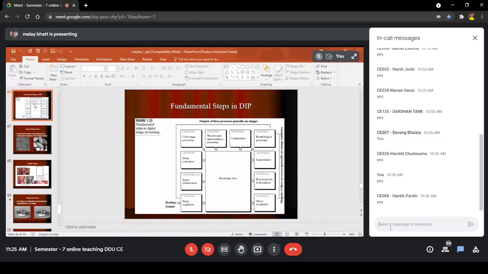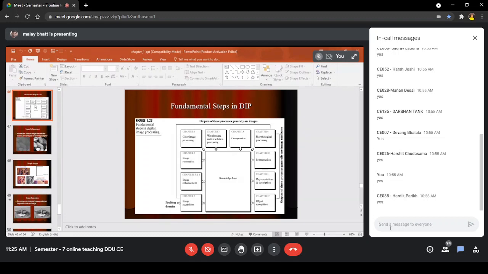And then chapter 6, color image processing. It is not in your syllabus: how you can convert a black and white image into a color image, and how you will extract various information from the color image. So chapter 6 is not in your syllabus. Similarly, chapter 7 is also not part of your syllabus. They are part of other courses like MTech in some other universities.